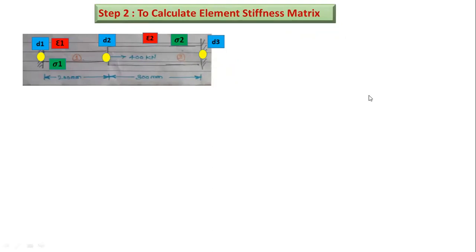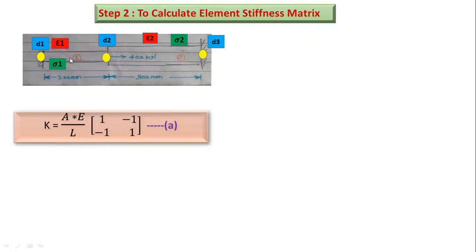Next step, calculate the element stiffness matrix. The generalized formula for a bar single element, or 1D element, is K equal to A E upon L times the matrix 1 minus 1, minus 1 1. We have already solved such problems, and we prepared a MATLAB program for the same 1D problems. In this practical, we just need to add the temperature effect, meaning the effect in load, the thermal load, and one additional term in strain only.